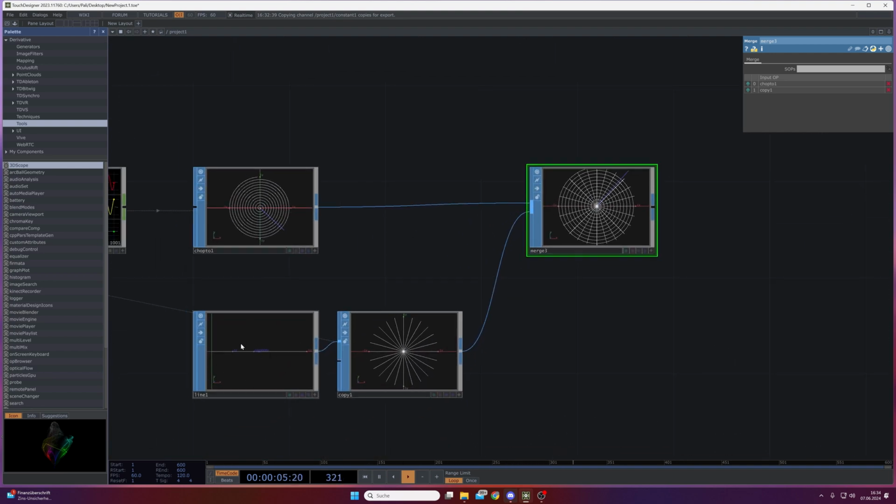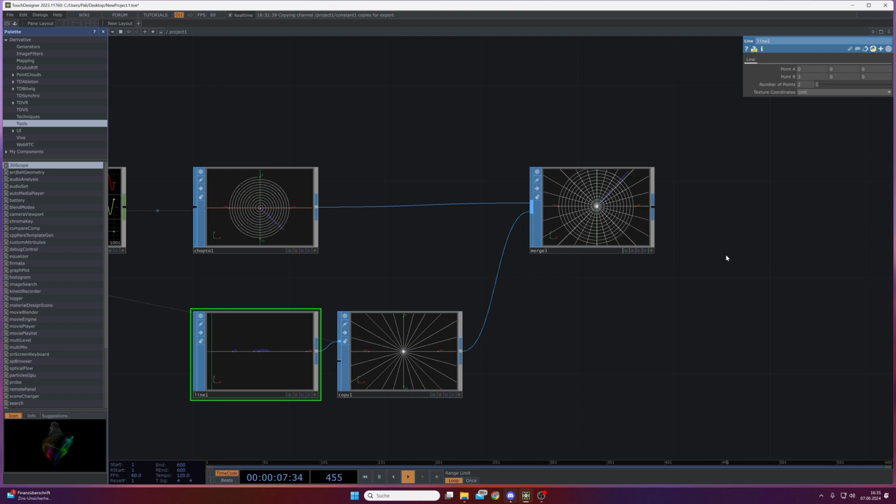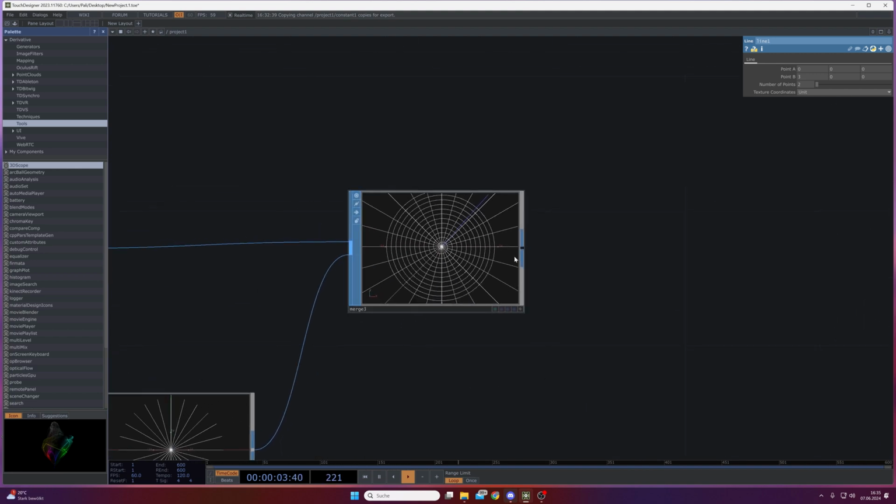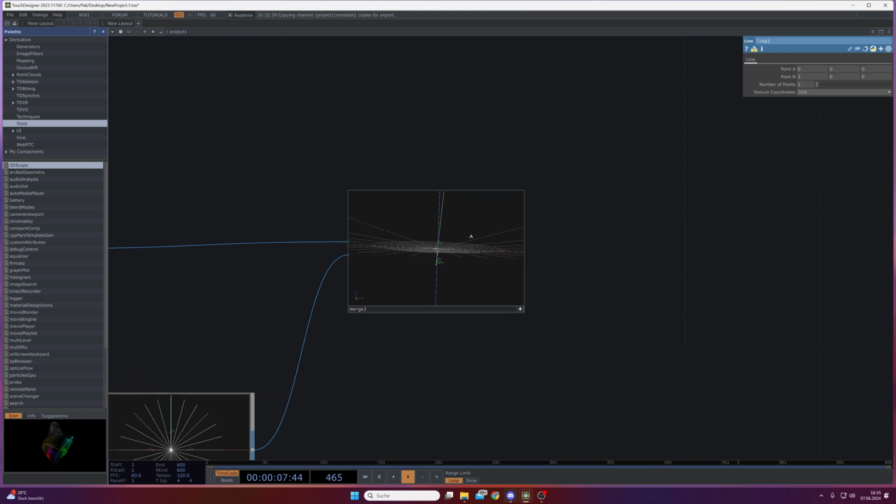So in our line sop, just expand the point B. At the moment it goes from 0 to 1, and let's change this to from 0 to 3 maybe. So it's just longer. Cool. Now we merged those two together, but